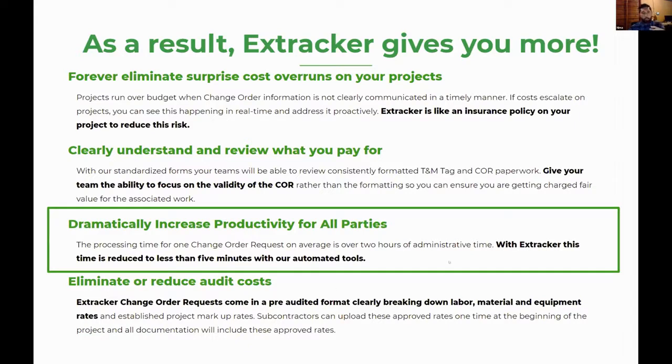And so what I really want to focus on in terms of what Extracker gives back to the project, really, and to all stakeholders, is how efficient it becomes and how productive everyone can be. You see, on average, our subcontractors are processing their change orders 85% faster. And I can attest to it. That's exactly